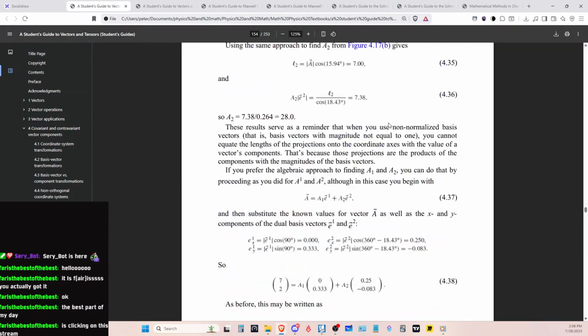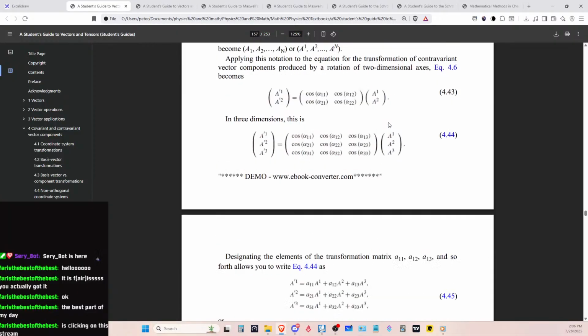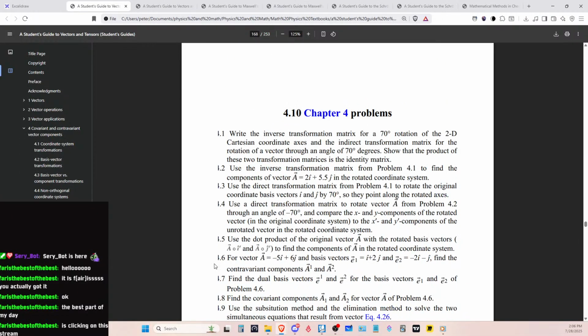I should just look at the questions here. I should have just clicked this. Let's see, write the inverse transformation of 70 degrees rotation of a 2D Cartesian axis and the indirect transformation matrix for the rotation of the vector through the